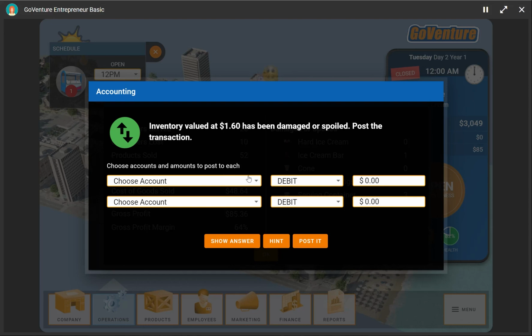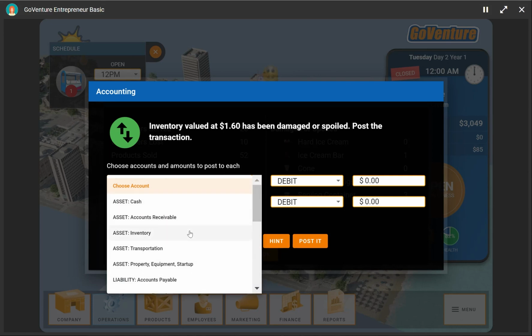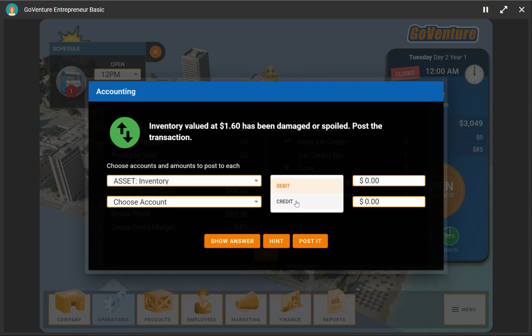Now, how do we record that? Well, it's an expense. So it's a loss of value of our inventory asset, and it's recorded as an expense. It's not a cost of good, again, because the customer didn't take it with them. This is just thrown away, gone. Value is lost. So our inventory gets reduced, which is a credit, of $1.60, because there's $1.60 worth of inventory that is now gone, cannot be resold, has no value.